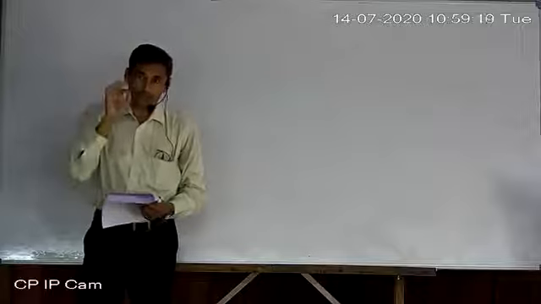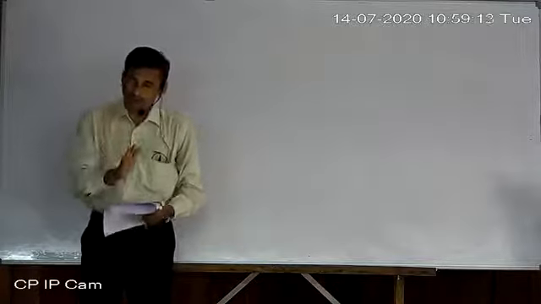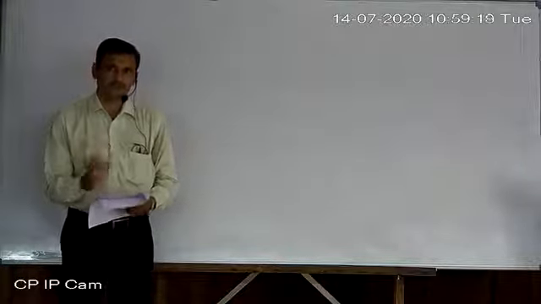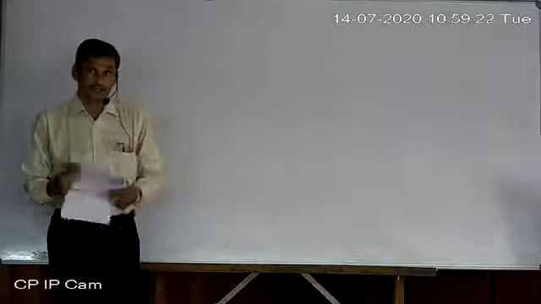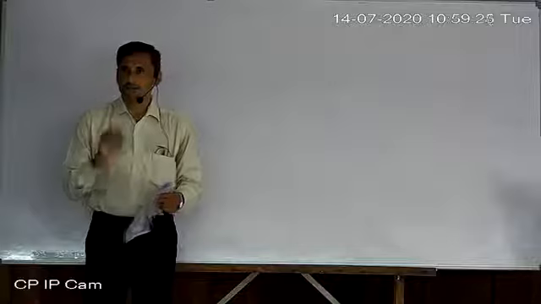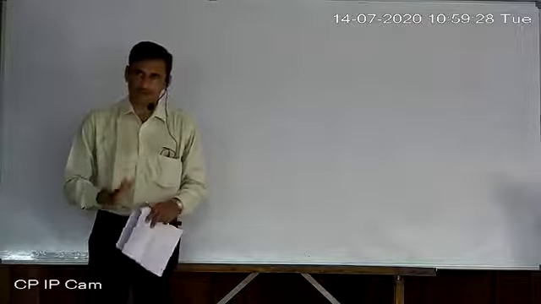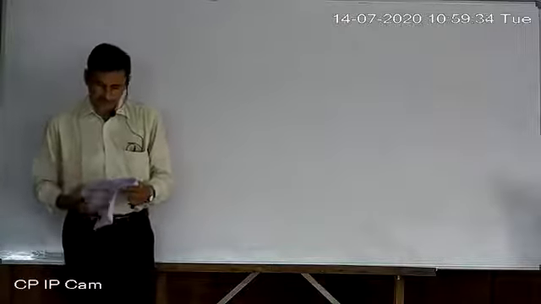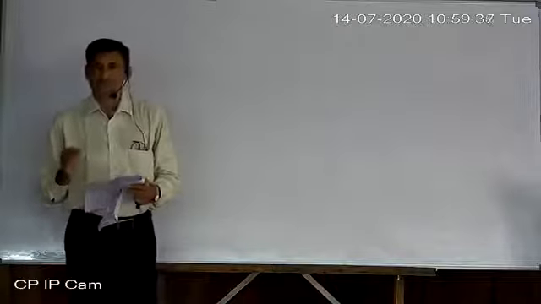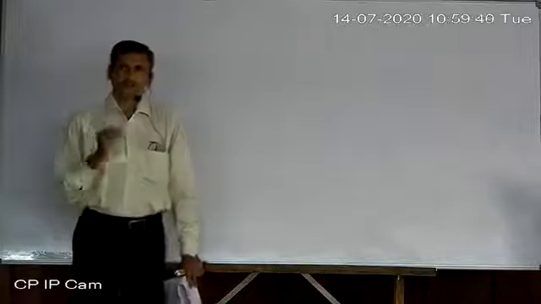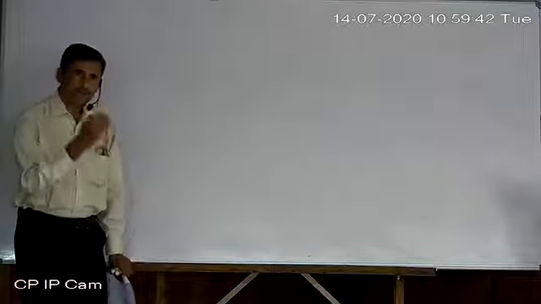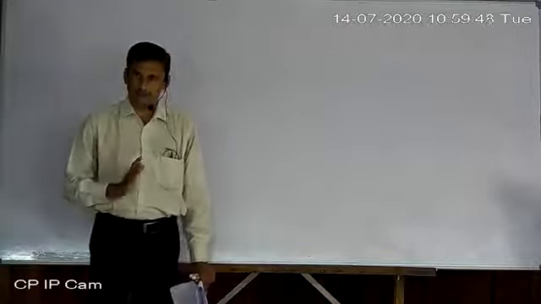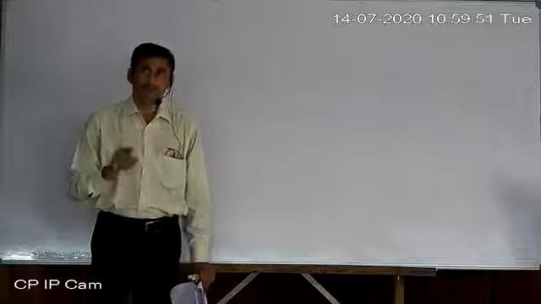I told you in exercise 5.2, whenever phrases like how many terms or which term are there, you have to understand that they are asking us for the number of terms. But what is given? The AP 9, 17, 25, must be taken to give us the sum 636. So students, you understand, whenever a particular term is given, we find n very easily, as in exercise 5.2, but now the sum is given.